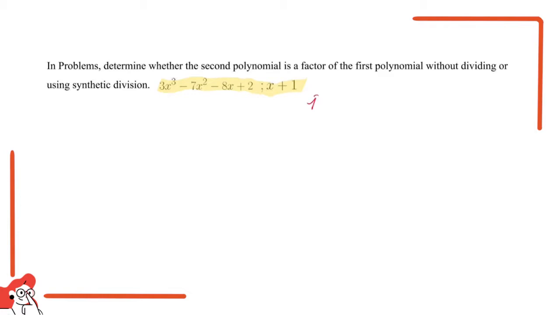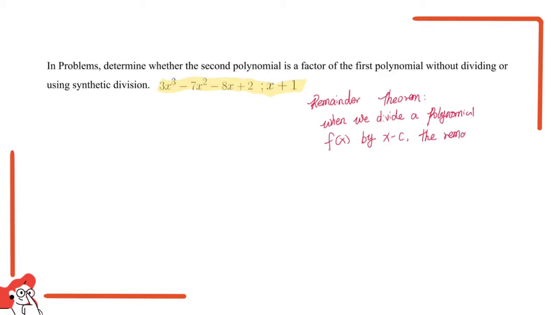It's called the remainder theorem, which states that when we divide a polynomial f(x) by x minus c, the remainder is f(c). So what we can do is just to calculate